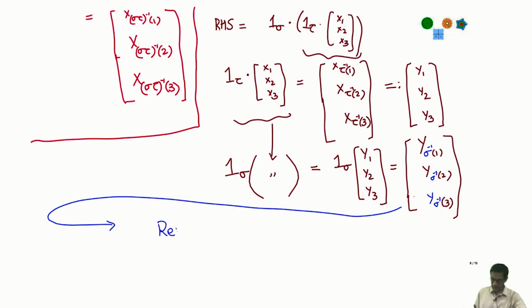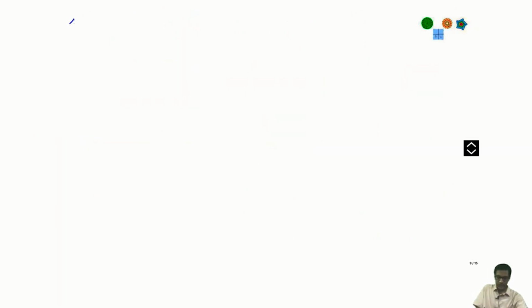Okay, so let me just remark, let's observe that if I want to compute y sub i, I just have to take x sub tau inverse i. So this is the bit that one has to be a little careful about, x sub tau inverse i. Okay, so this is for i equals 1, 2 and 3. Okay, so let's plug that into the next page. So I conclude that if I take 1 sigma and then act it on 1 tau on x1, x2, x3, the answer is